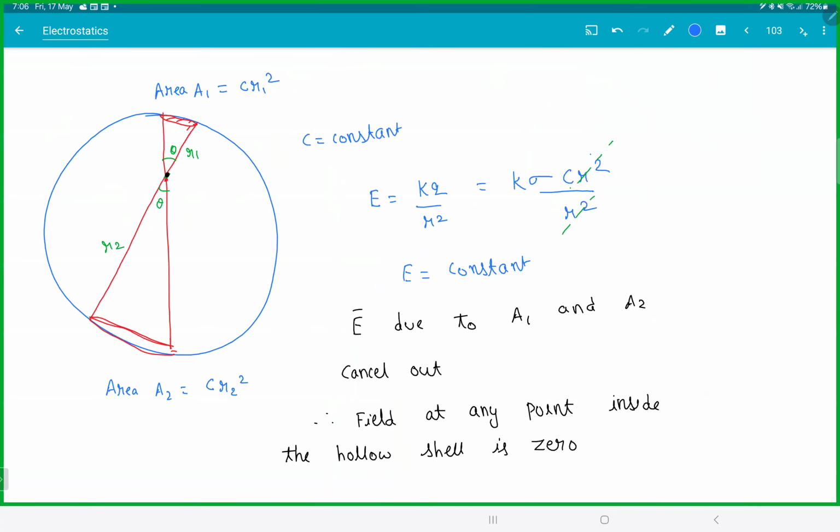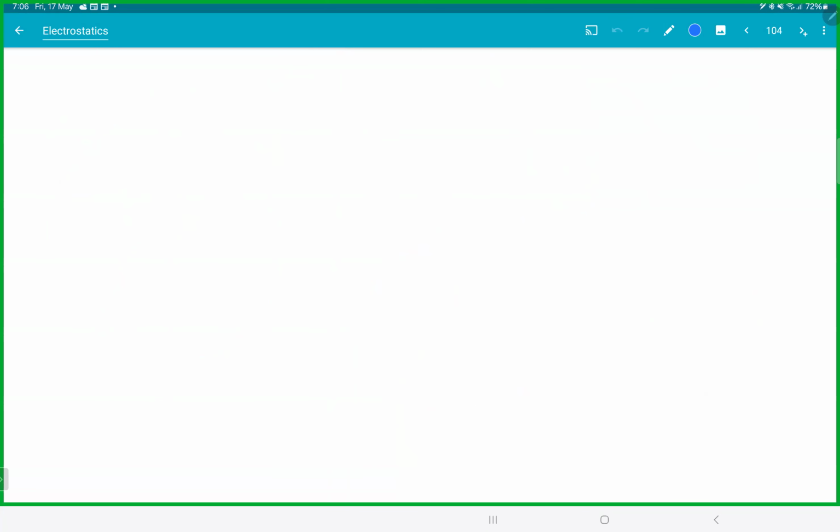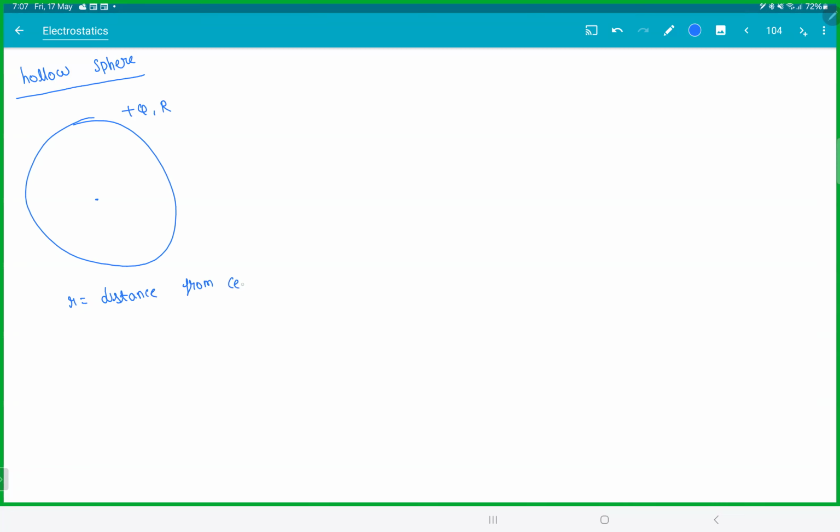Now, there are some results for the hollow sphere. We'll not be doing the derivations. We'll see them in Gauss law. These are very important results, especially in mains. Whenever they ask questions on gravitation and electrostatics, half of the questions were always on hollow and solid spheres. So we have a hollow sphere, charge q, radius R. Small r is the distance from the center. So the field is given by